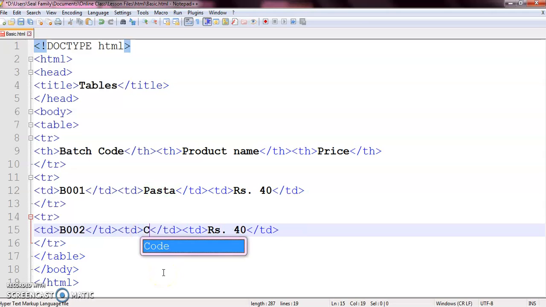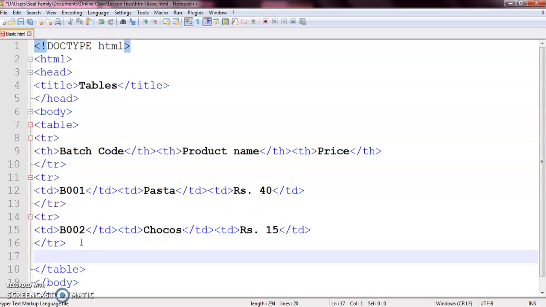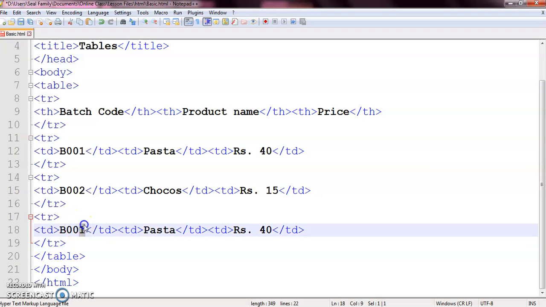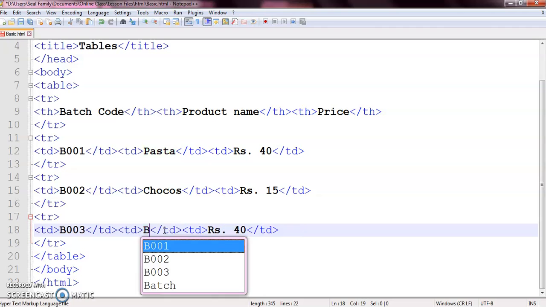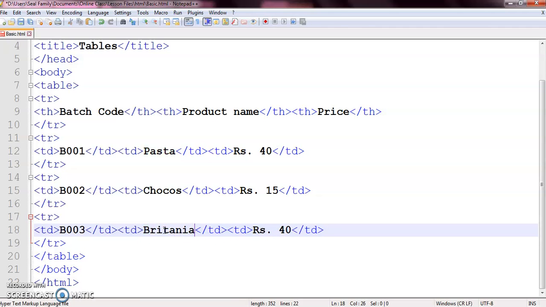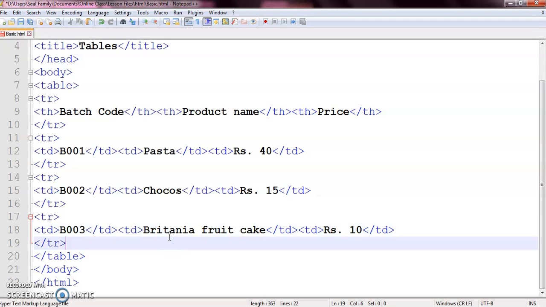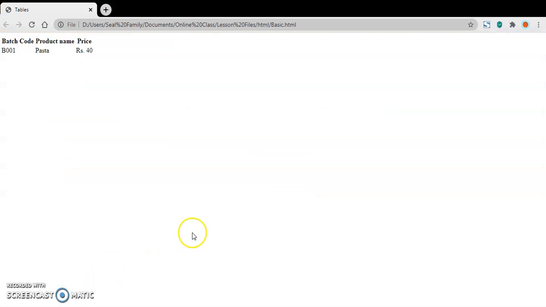So there was this and the price, and once again the third row, changing the content, and also the price. Now check the output. So you can see it.